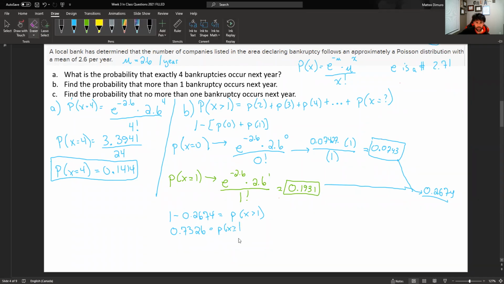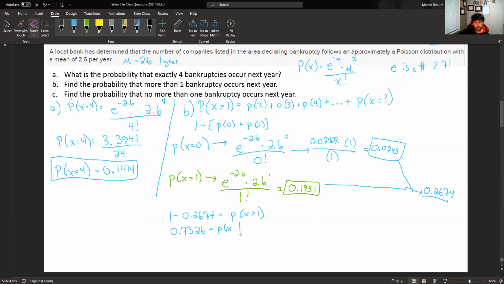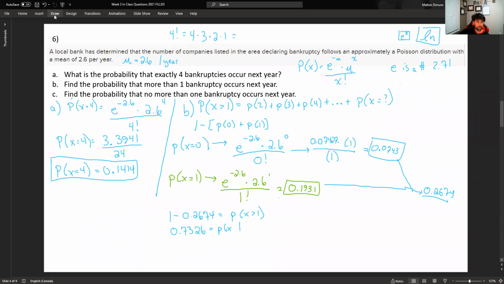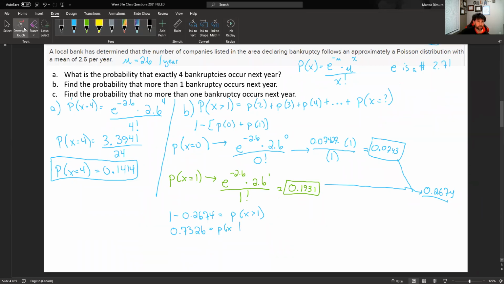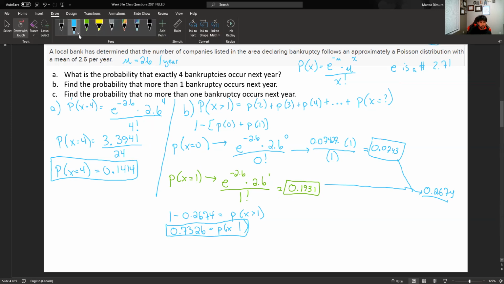Okay, so it's kind of a long question, not long calculation-wise, but because I'm explaining it, kind of long. But I like that question. I really do. I really like it because it uses the complement rule. So that's part B. And I hope everyone's okay with that. Any questions about that?